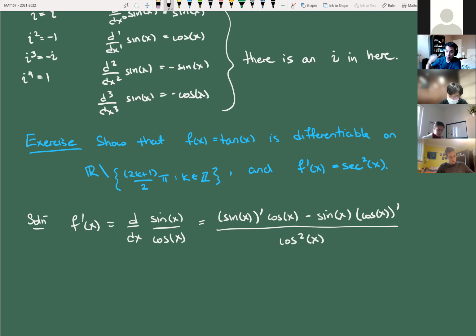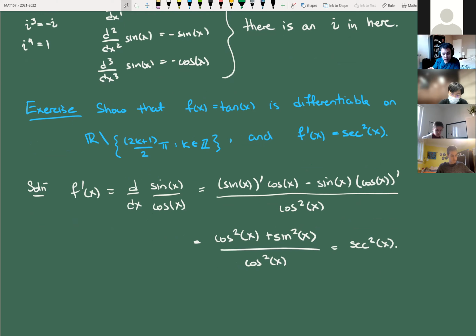Right? So by the quotient rule, derivative of the top times the bottom minus derivative of the bottom times the top, all divided by the bottom squared. I know what the derivative of sine is. So I'm going to get cos squared x, right? Derivative of cosine is negative sine x. So the two minus signs cancel each other out. So I'm going to get plus sine squared x, right? And then sine squared plus cos squared is equal to 1. So this is going to be 1 over cos squared, and that's secant squared,